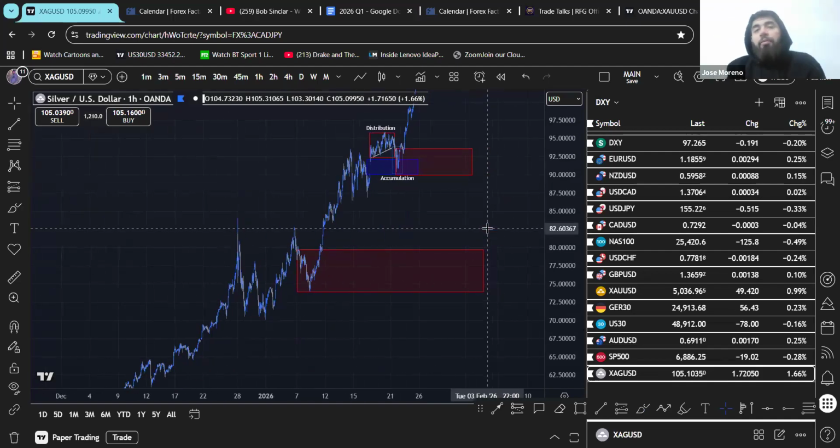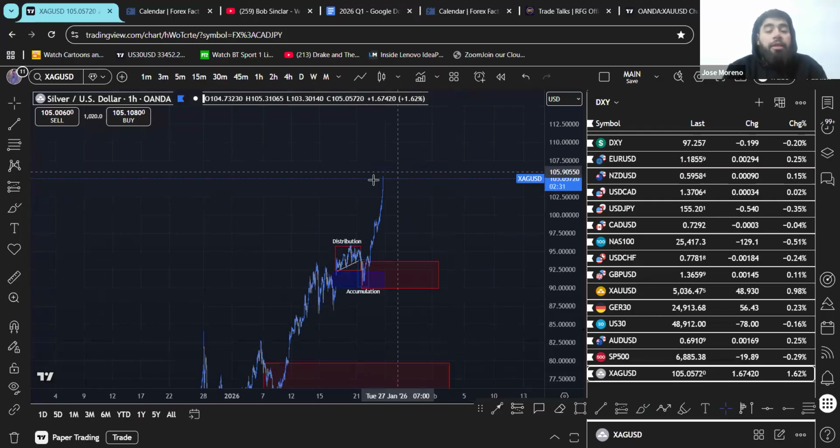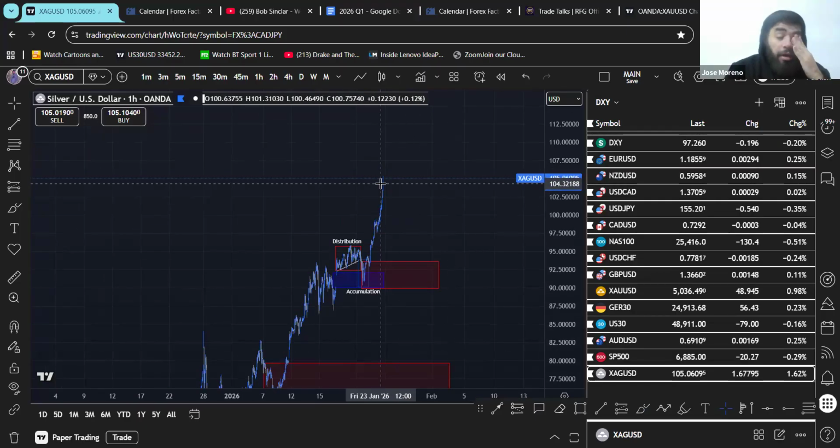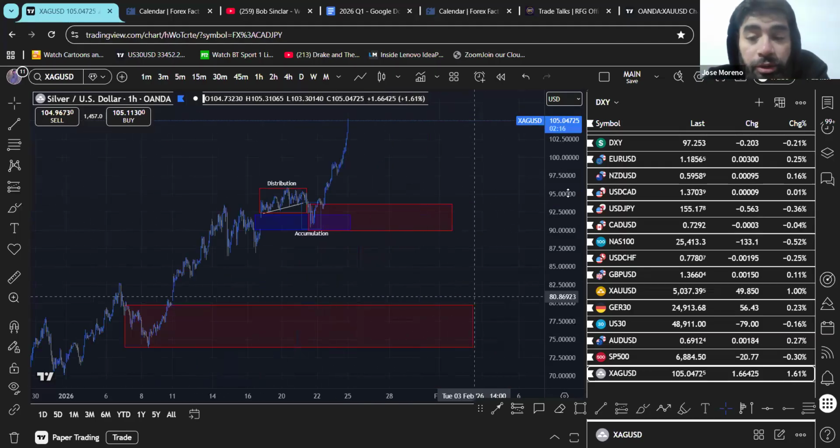This is also why I personally don't like trading just one or two pairs. I don't like only trading gold or only trading NAS. I like to trade multiple markets because it allows me not to force things in times like this. I can just say, cool, that's doing its thing, I'm going to let it wait for the higher time frame pullbacks. So I'm going to look into JPYs, cross pairs, and dollar pairs.